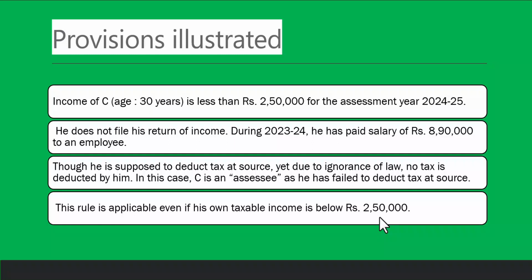Though he is supposed to deduct tax at source, yet due to ignorance of law, no tax is deducted by him. In this case, he is an assessee as he has failed to deduct tax at source. This rule is applicable even if his own taxable income is below 2,50,000. Now, there is a provision which we'll learn later that,